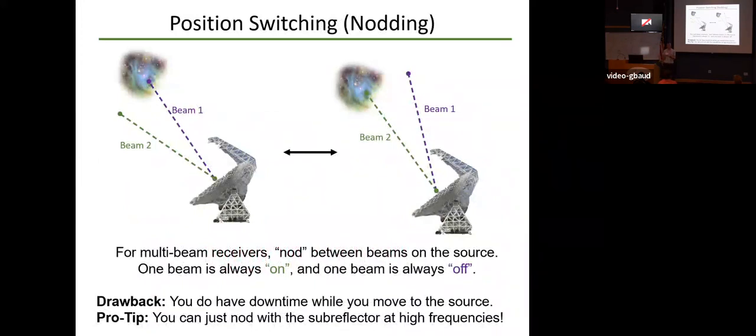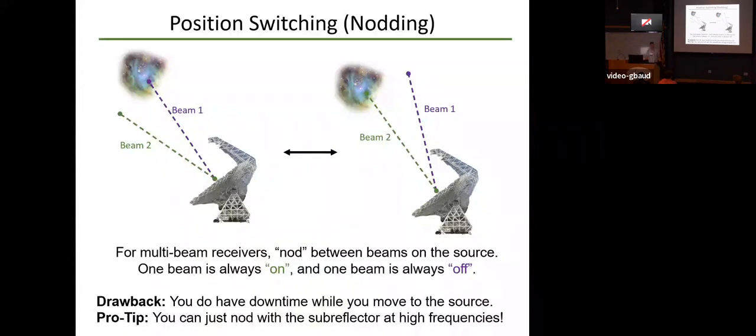We'll introduce a little bit more about nodding. We've already mentioned it twice. You can only do this for receivers with more than one beam. And the reason that is the case is because you're going from, let's say that my fists are two beams of a telescope. I'm looking at Lexi here. So Lexi is currently being seen by my left beam over here. So I might integrate there for 30 seconds and then I might switch. And now Lexi is in my right beam and I still am getting off positions from this integration. So now this is off, this is on. Now this is off, this is on, right? So you are on source the entire time,